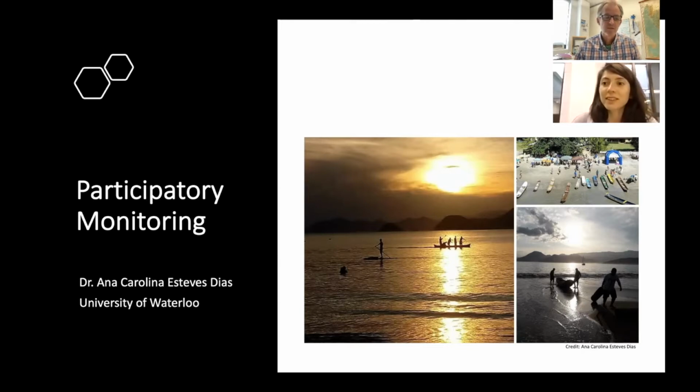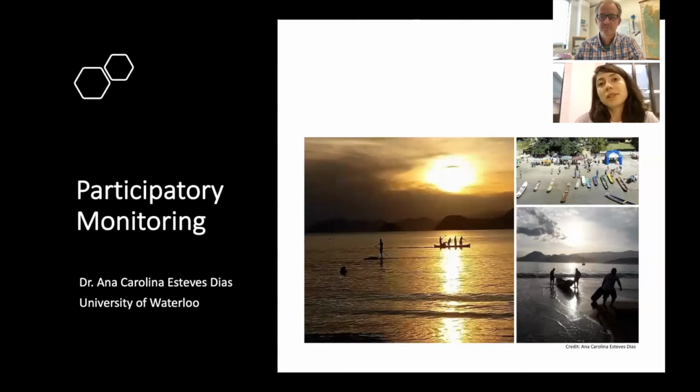Okay, great. So SOCMON then would be what we refer to as a participatory monitoring program or process. Can you just describe then, what does that mean for those involved? What does it mean to be involved in a participatory monitoring program? So participatory means that the stakeholders are involved and engaged in the process. So, for example, fishers can participate in the monitoring program, marine protected areas managers or fishing unions or governmental bodies that are related to fisheries management.